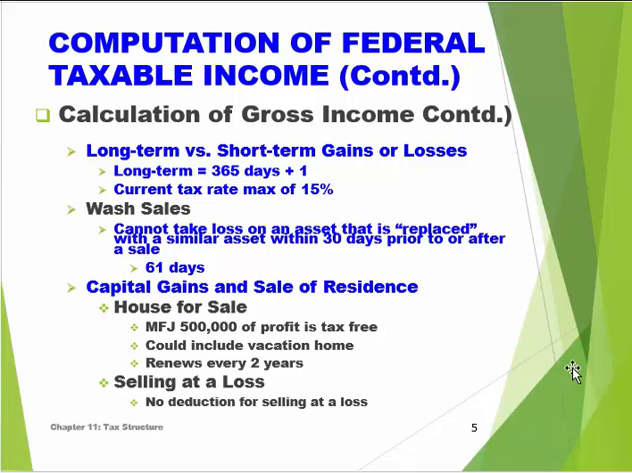Now, there are two special kinds of rules that go along with this. One is a wash sale. And basically what a wash sale says is you can't take a loss on an asset today and then replace it with a similar asset within 30 days prior to or after that sale. So it's 61 days. So let's say today you decide you're going to sell a bond that you have a loss on,